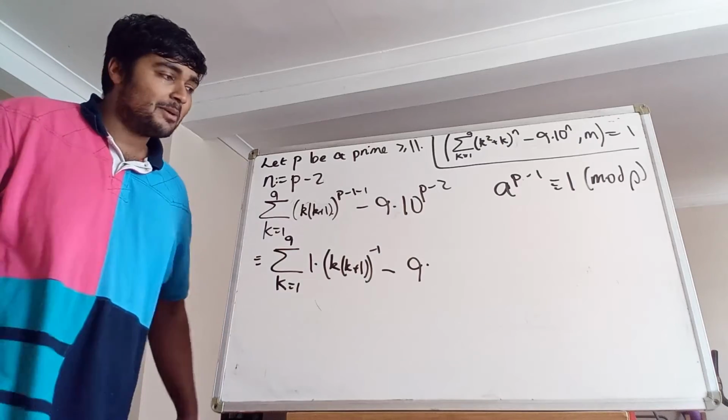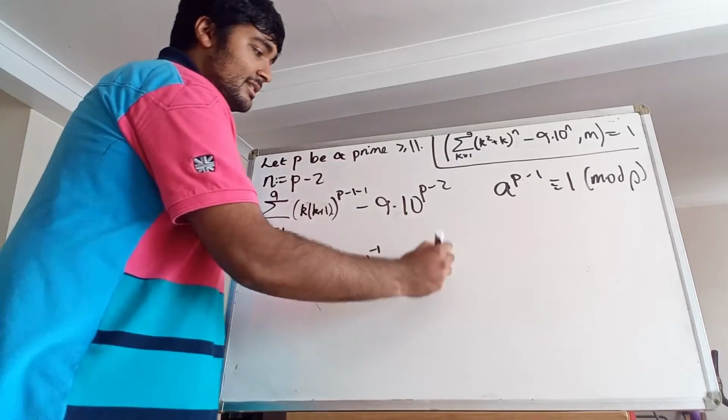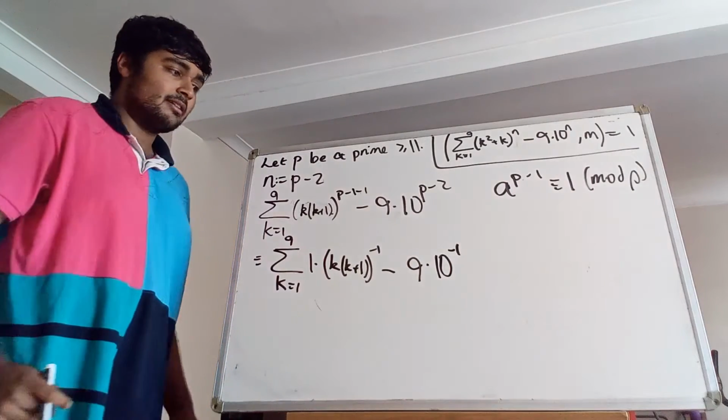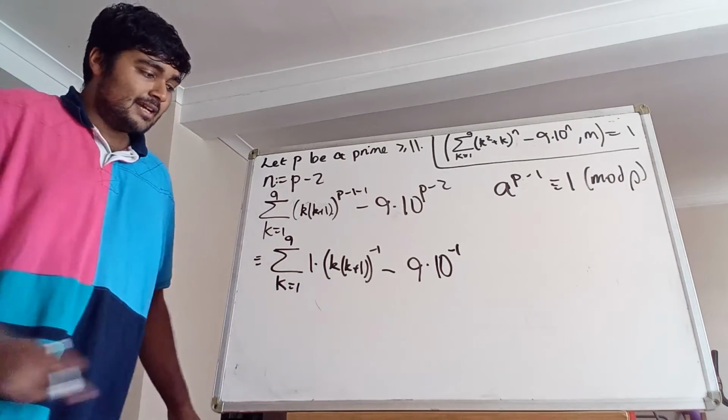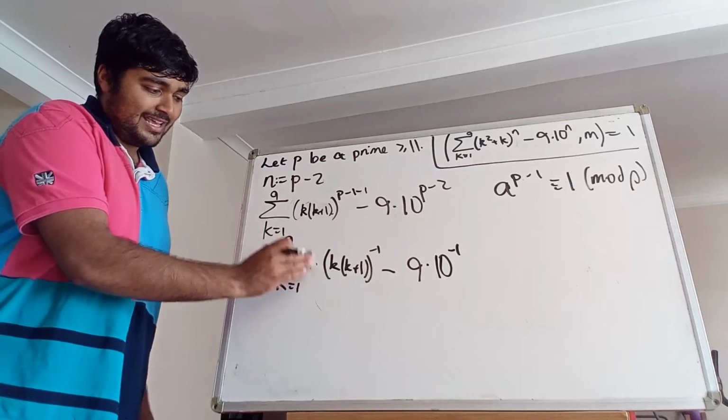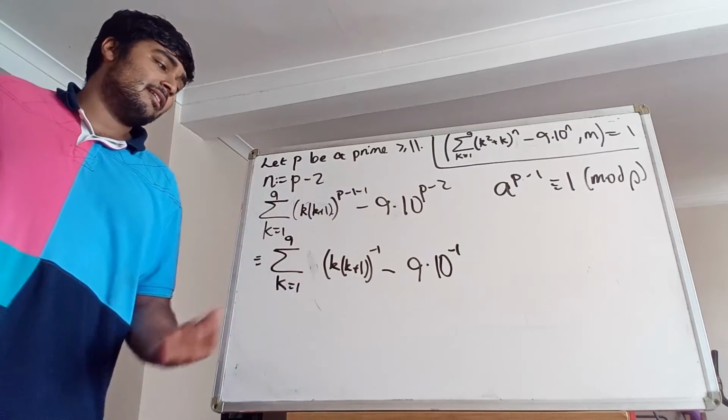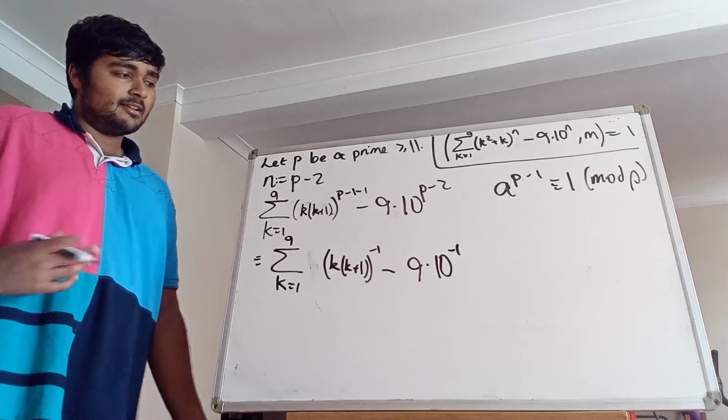So again, we can use Fermat's little theorem and say that that is just 9 times 10 inverse, like so. So we get that this guy here is congruent to this guy here, and of course 1 times it is just it. So we've got the sum from k equals 1 to 9 of k plus 1 inverse minus 9 times 10